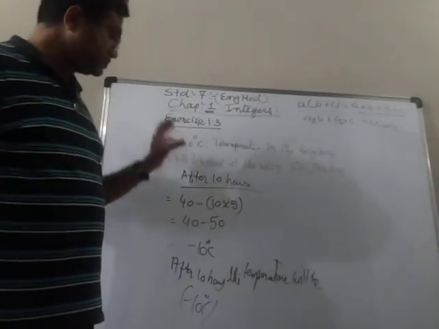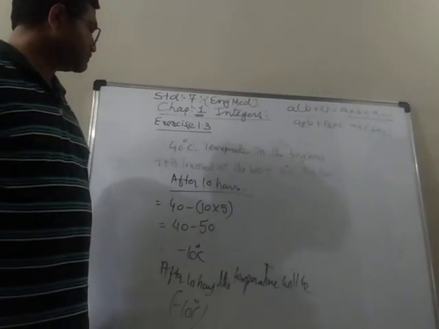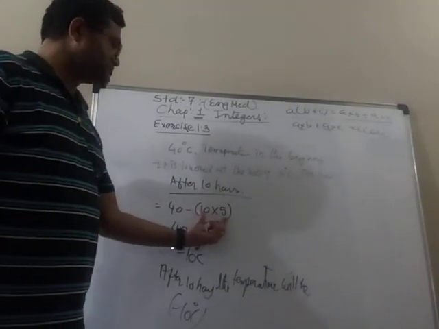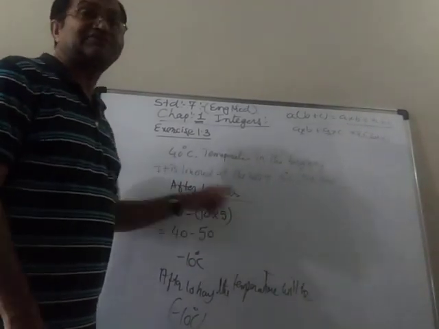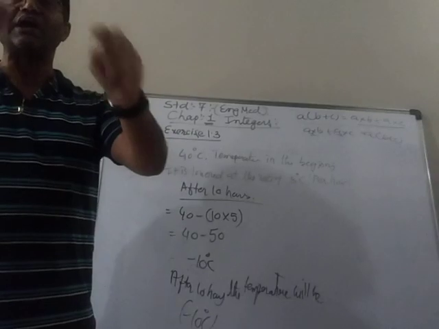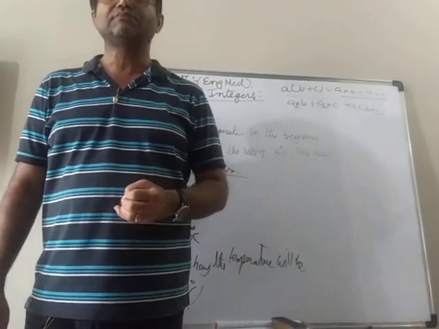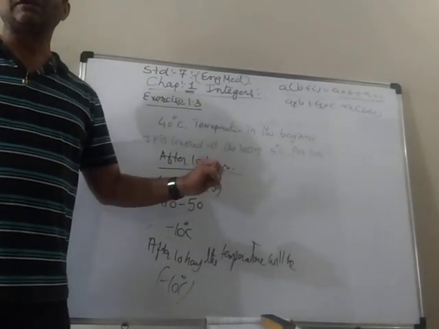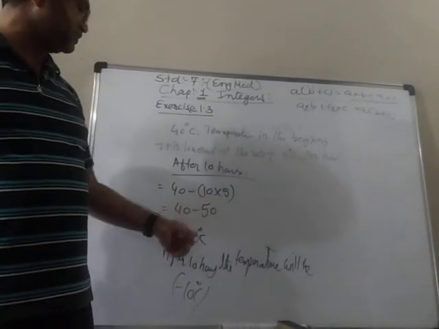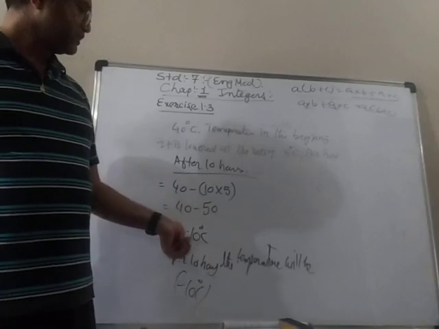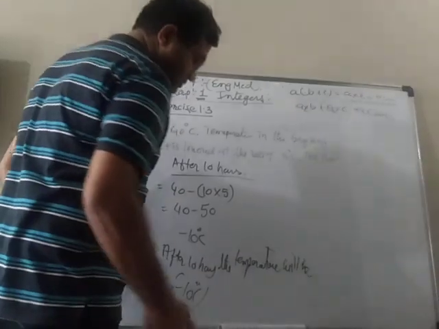So here also you can see that our answer becomes very easy because we use this multiplication. Otherwise, 40 minus 5, then answer minus 5, answer minus 5, answer minus 5. We had to do it 10 times. But here we make it shorter. Directly we multiply 10 by 5. So 40 minus 50. We know that 50 minus 40 is 10, but the bigger number's sign is minus. So the final answer is minus 10 degrees Celsius.